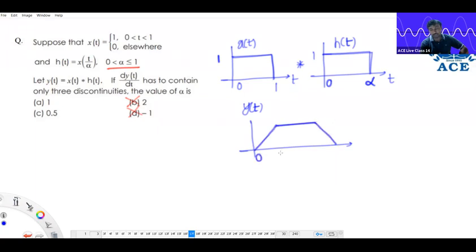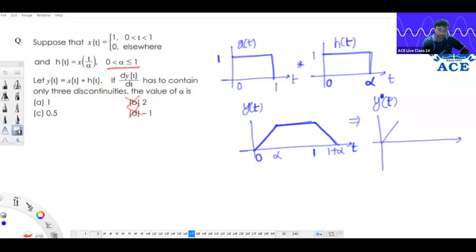Add the lower and upper limits of the rectangles. That is a trapezium. What is the differentiated version of this one, sir? If I differentiate this graph, the differentiation of the positive ramp for the interval 0 to alpha